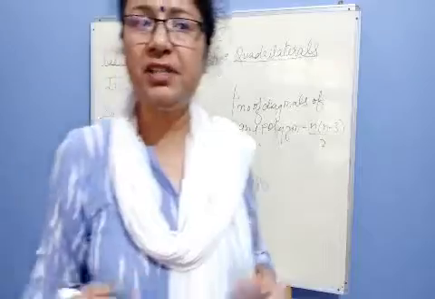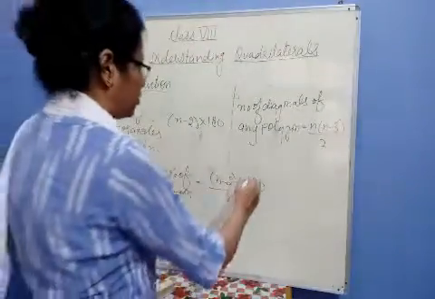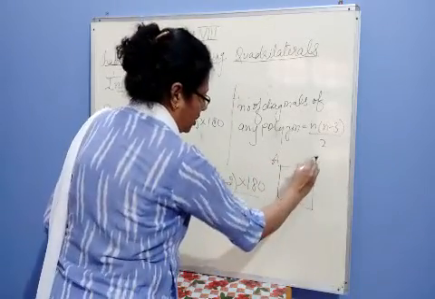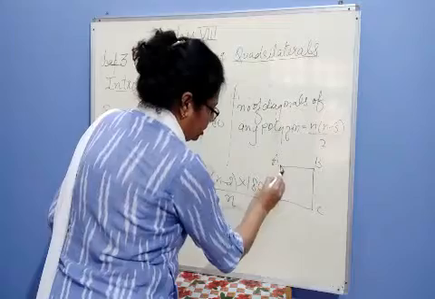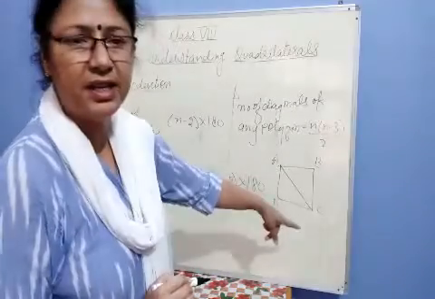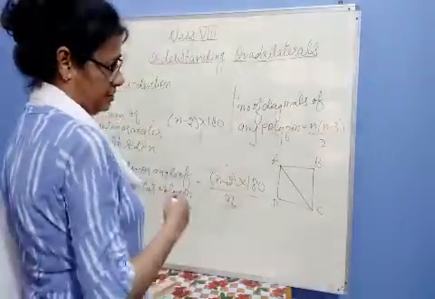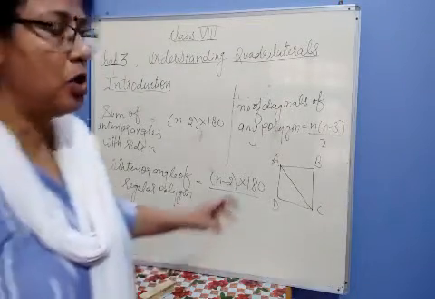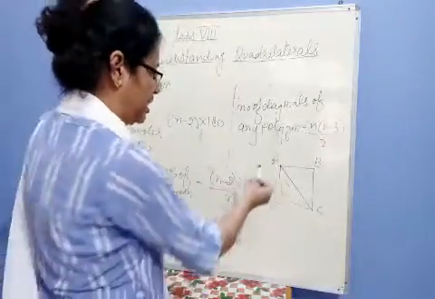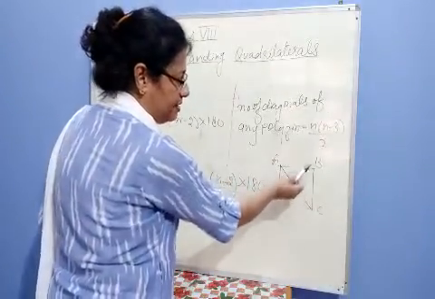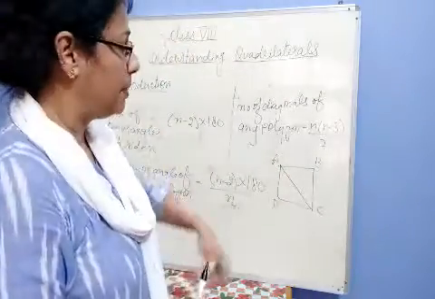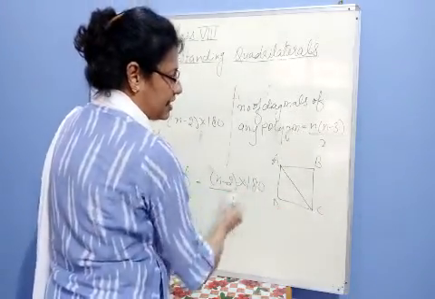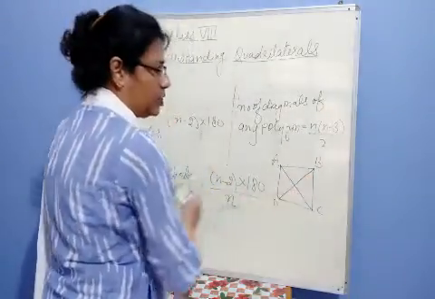Yes, you can ask, what is a diagonal? Children, actually when we draw a polygon, for example I am taking here a quadrilateral. If I join these 2 points, this is called a diagonal. Actually when we want to draw a diagonal, we always join non-adjacent vertices. A and B are adjacent vertices, similarly B and C are also adjacent vertices. But here we are joining non-adjacent vertices. In this way we can draw AC as a diagonal and we can draw BD also as a diagonal.